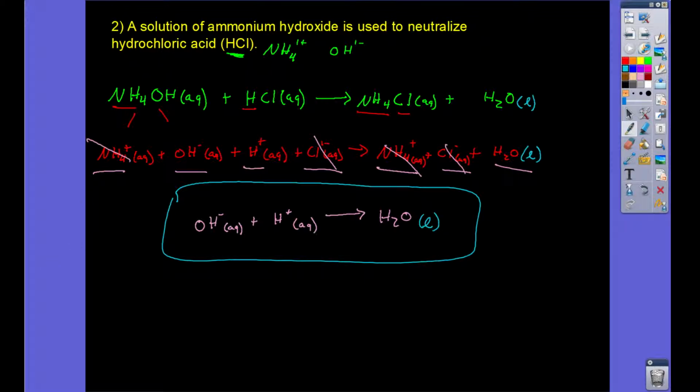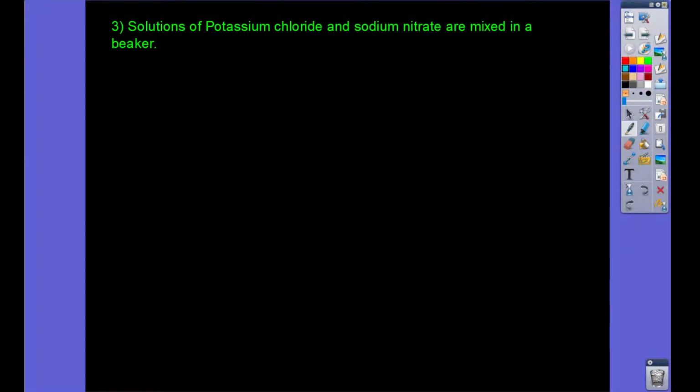Good. So last problem on the review paper then. We have solutions of potassium chloride and sodium nitrate mixed in a beaker. So same thing as we've done before. We're just going to go ahead and write out these compounds. We have KCl, which it tells us in the problem is a solution, so we know that that's aqueous, plus sodium nitrate, which is